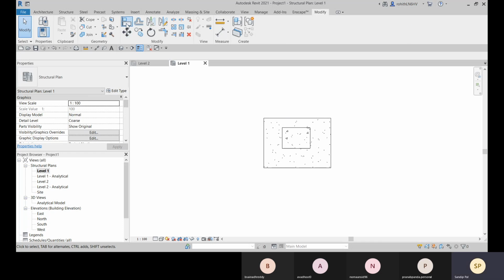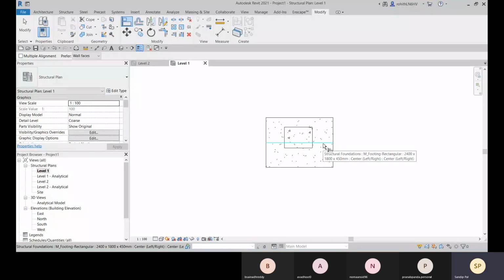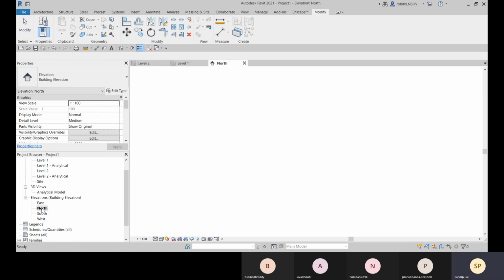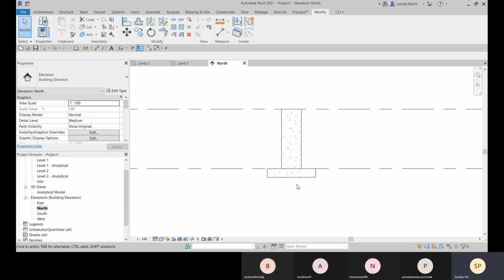Okay, no problem. So I can choose this align option, and this foundation has this center line, right? So I can choose this center, and then I can choose this center of the column that is properly aligned, and then I will select this vertical center line, and then the vertical center line of this column. And if you want to fix it, if you want to make it constant, you can make it. But right now this is not necessary. So yeah, let me go to any particular elevation, and there you can see that this is placed.